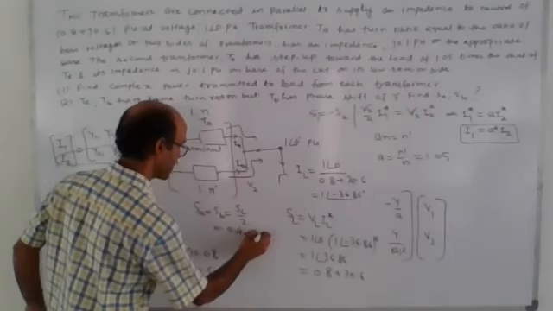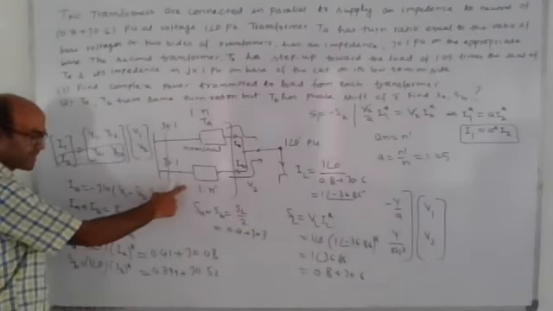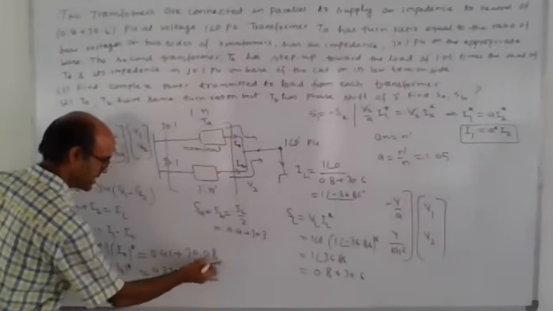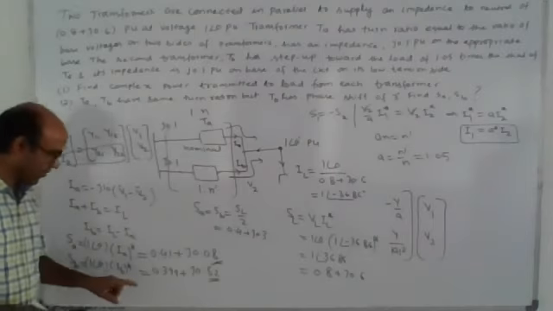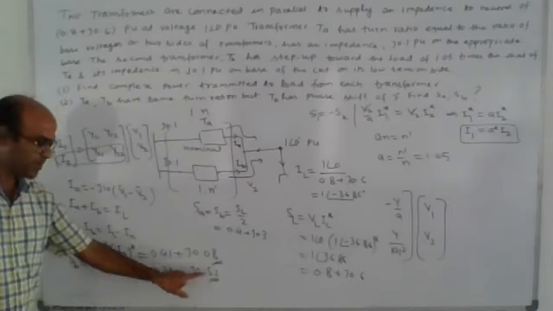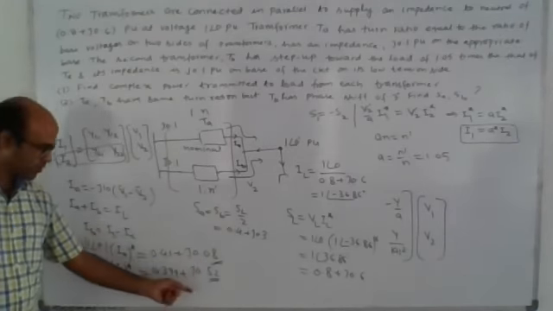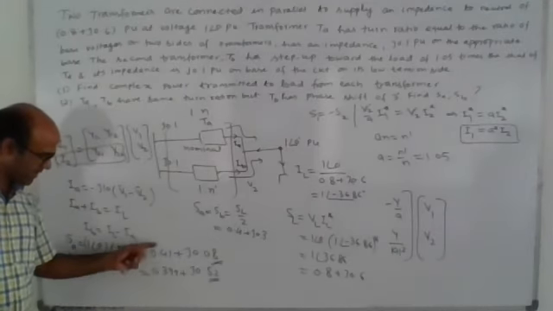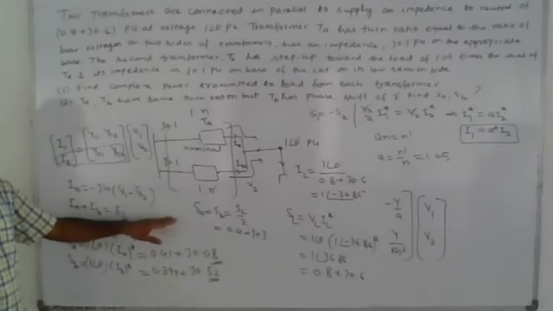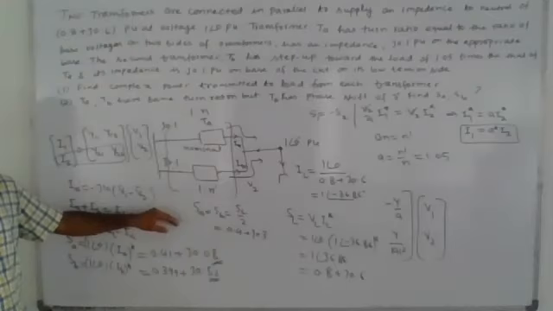What is this? 0.4 plus J 0.3. But you can see here, since we are changing the turn ratio here, you can see the reactive power. Here you can see reactive power. So the reactive power shared by the second transformer is large as compared to transformer A. But in real power it is approximately the same. So from here we can see that if we are changing the number of turns, then we can change reactive power.